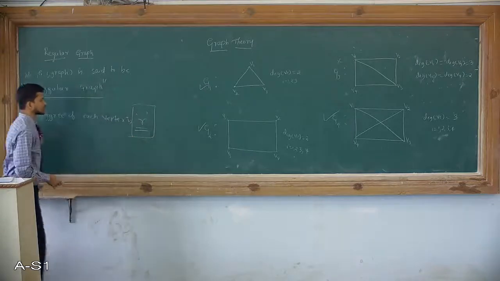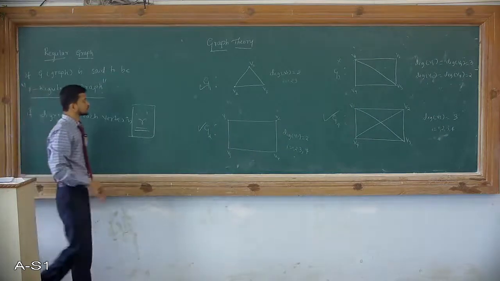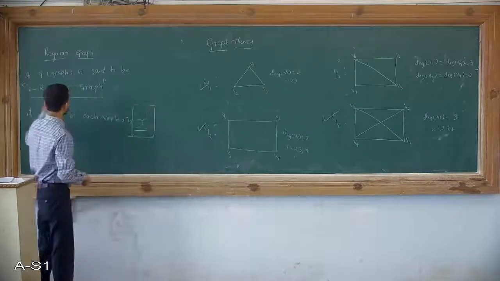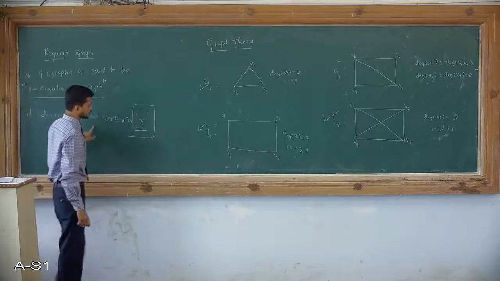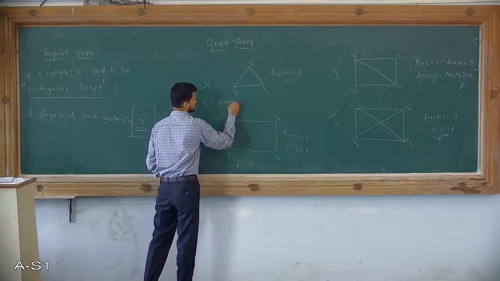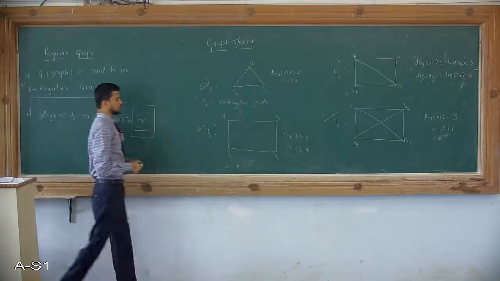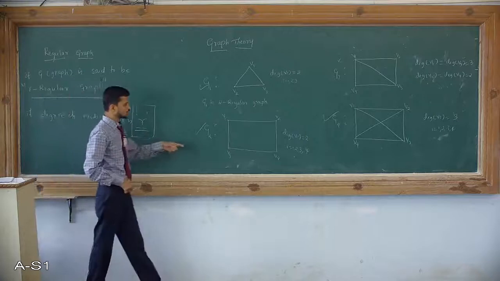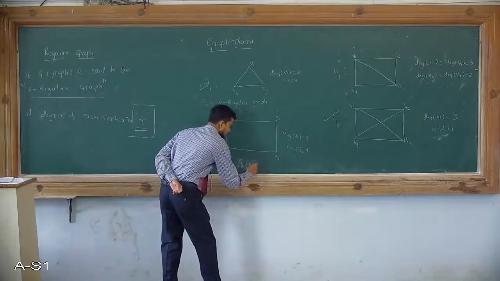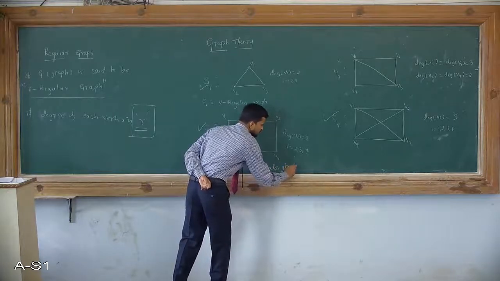So then that kind of graph is said to be a regular graph, in other words, R regular graph. Coming back to the graph G1, it is also a regular graph, but if I want to define it as R regular graph, here R stands for the degree of each vertex. So therefore, G1 is a 2 regular graph. Similarly, G2, here degree of each vertex is 2, so therefore G2 is a 2 regular graph.